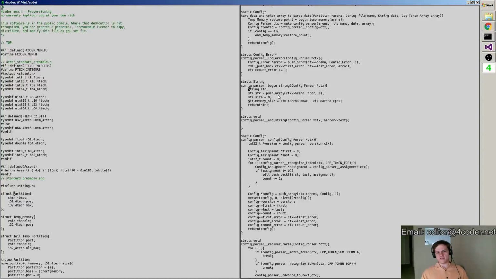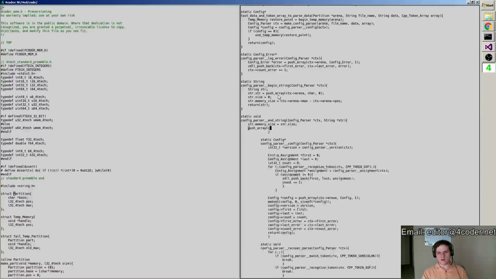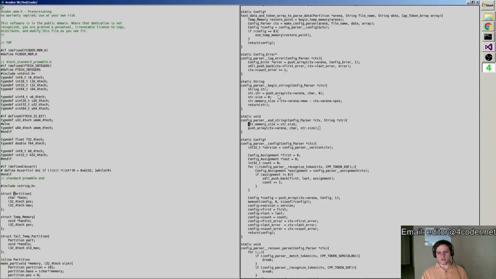So that first one sets up a new empty string with a size of 0 that has a pointer to the first free character on my arena and has the capacity to fill the entire arena. So basically the entire arena has been signed over to this string, but a string that gets started that way is supposed to end by calling this, which assigns control back over to the arena. So it would be something like string.memory size equals string.size, push an array onto the context arena of exactly that size. There we go.